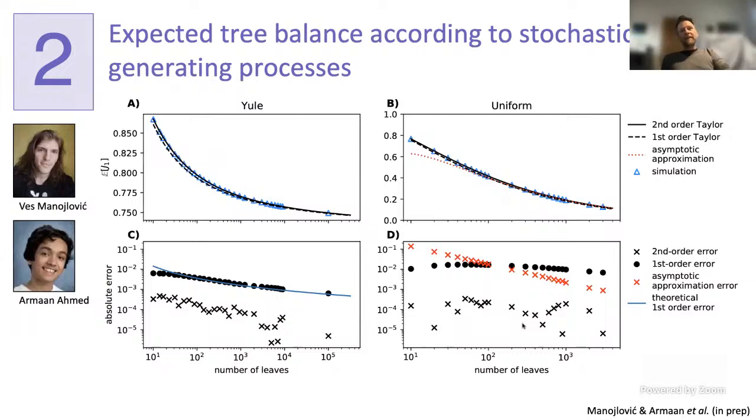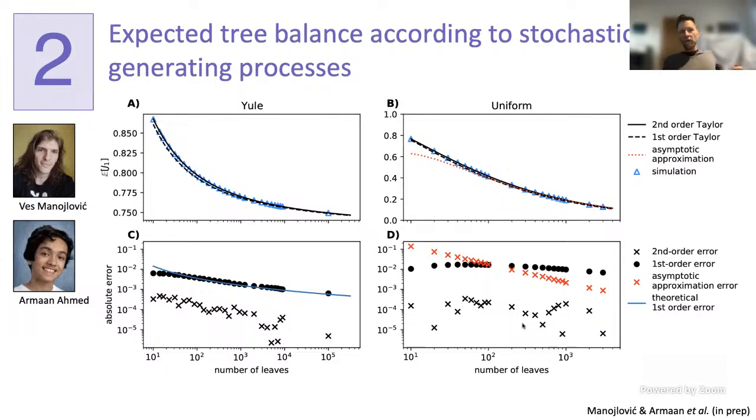So the nice thing about these indices as well, I said that they have nice mathematical properties. Well, one thing you want to know is, how does this compare to a null model? And the classic null models that are used in tree generation are the Yule process and the uniform model. So the Yule process assumes that each leaf or tip has an equal probability of dividing into two at any point in time, whereas the uniform model assumes that all trees on a certain number of leaves are equally probable.